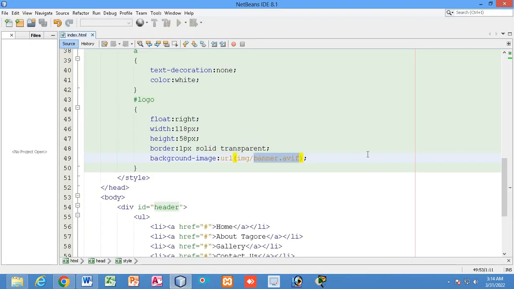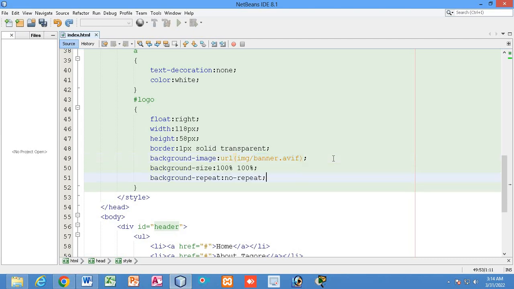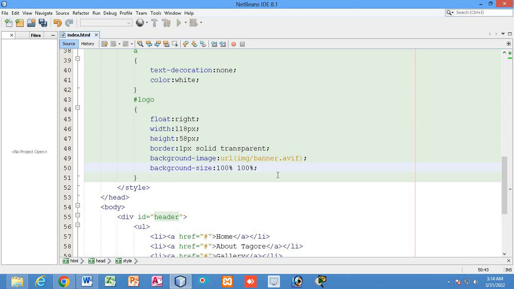So for that, the first thing I have to do, see, here I have written that background size should match 100% height with the logo picture size, and the background size also needs to match the 100% width of the logo picture div.